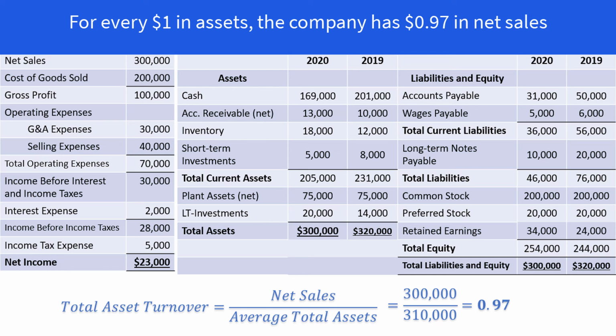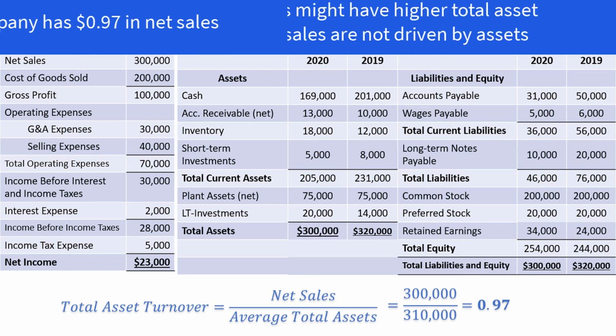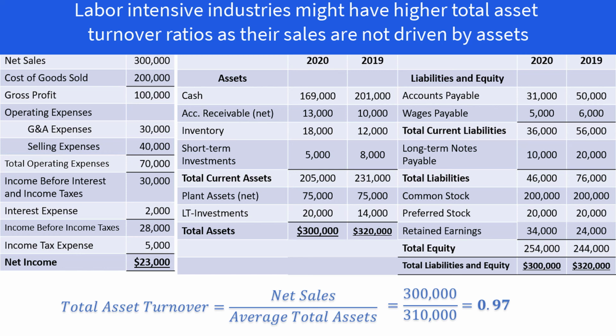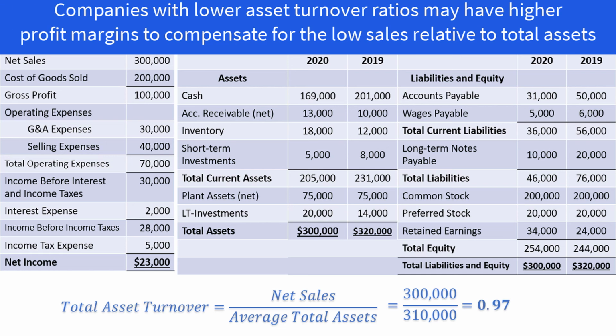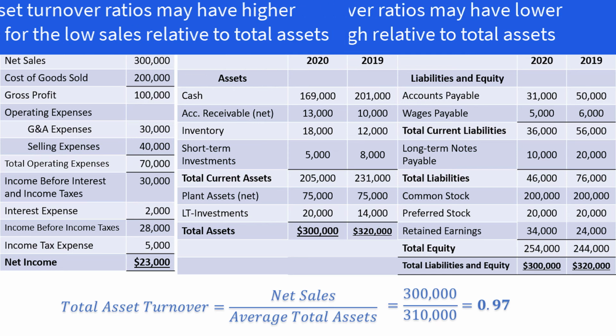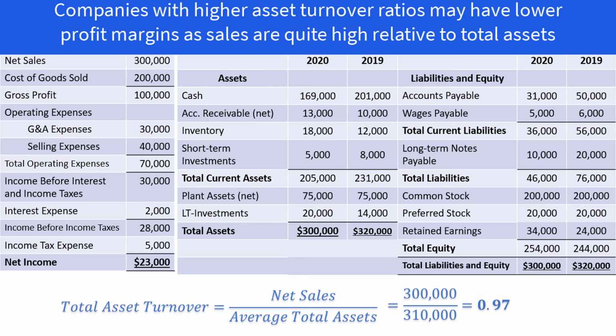Higher asset turnover is almost always desirable, but the interpretation is highly dependent on the company's operations and how capital-intensive the industry is that they compete in. More labor-intensive industries might not require as many assets to produce sales, suggesting they will have a higher asset turnover ratio. Typically, lower asset turnover companies will have high profit margins, such as hotels or other industries that sell luxury goods. Similarly, higher asset turnover companies might be okay operating on a lower profit margin, such as grocery stores.